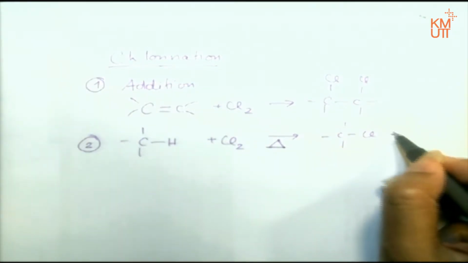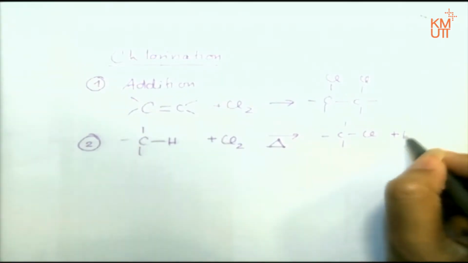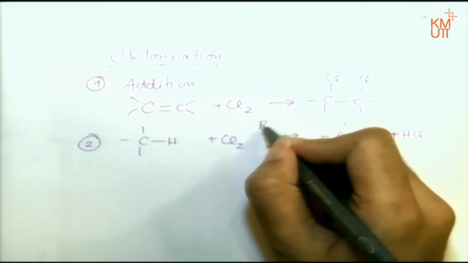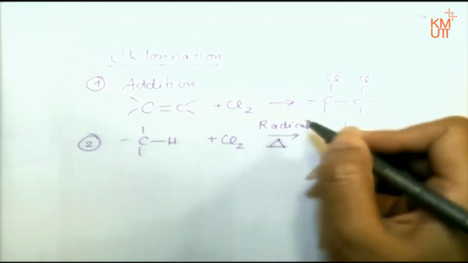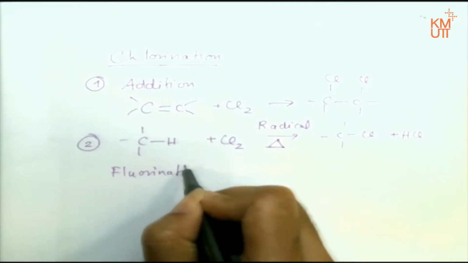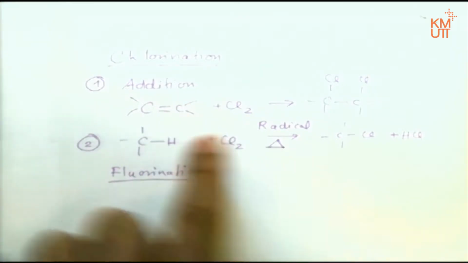What is the byproduct here? HCl. So the nature of the reactions is different. The first one is addition, and the second one is radical reaction or radical substitution. In the second part, I will talk about fluorination, but not now. Of course, if you want to introduce fluoride to the starting material, we cannot use the same reaction because